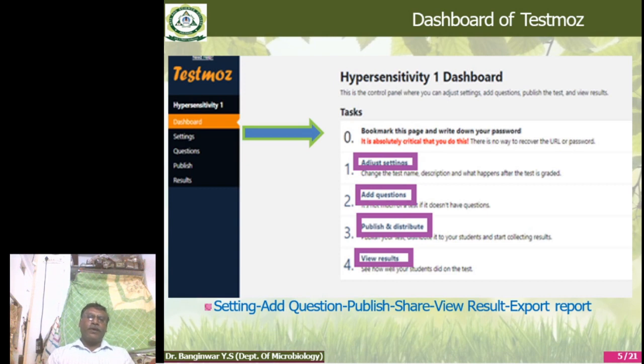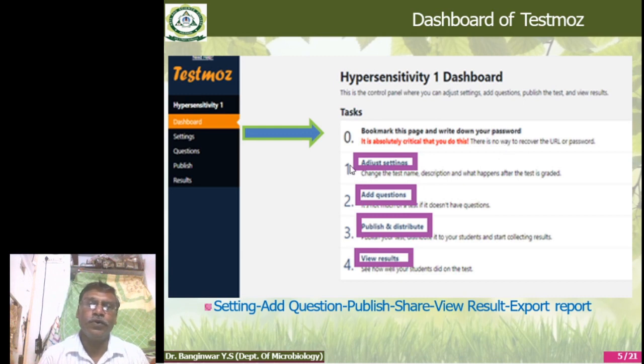Then when you click the create button, immediately you get your dashboard. The dashboard has certain tasks: 0, 1, 2, 3, 4. Task 0 is absolutely critical, so you do not use this one.